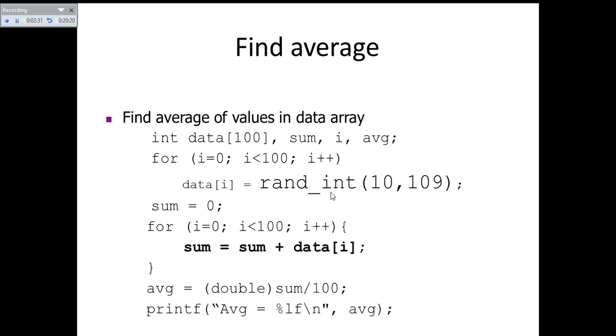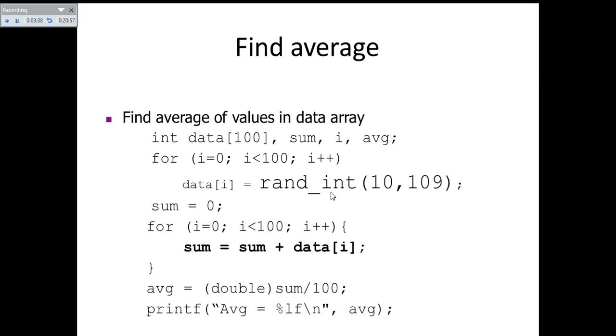just after that particular iteration completed. So if you look at the logic, the for variable i is initialized with 0, and 0 is less than 100. Once 0 is less than 100, the condition is true, hence it enters the for loop, and then it will do some logic, that is sum is assigned as sum plus data of i. So initially sum is 0, so 0 plus data of i, the value of data of i will be fetched and it will be added to sum. So data of i will be added to sum and it will be stored back in the sum variable itself.